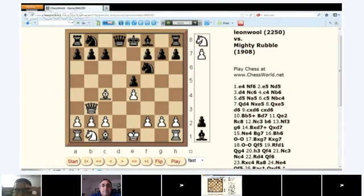What do you think of this move? It's better than castling, actually. Why is it so good? Look at what it does now. The queen was blocked where it was, and now it's looking at two things. It's looking at b7, and it's looking at...